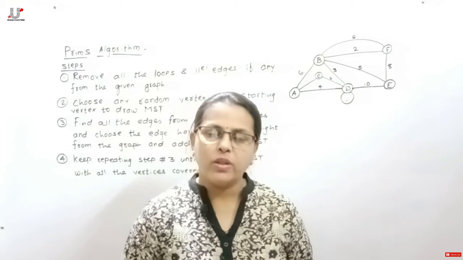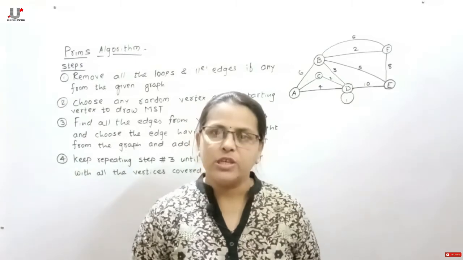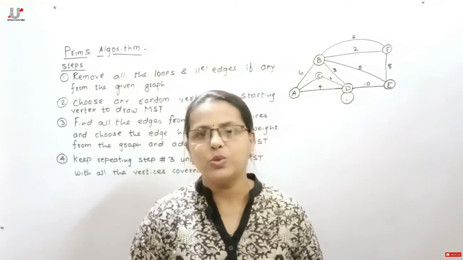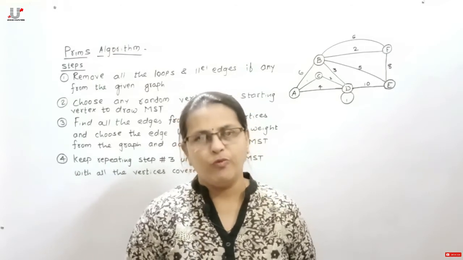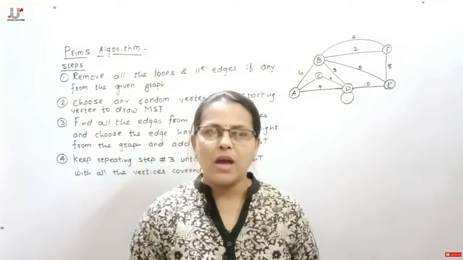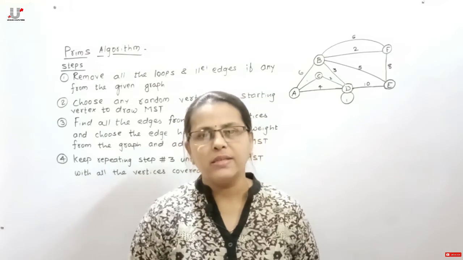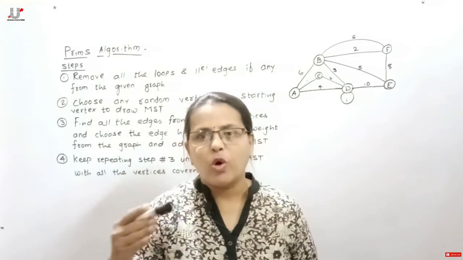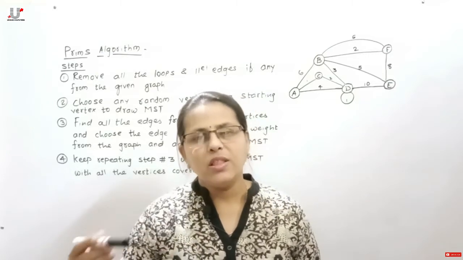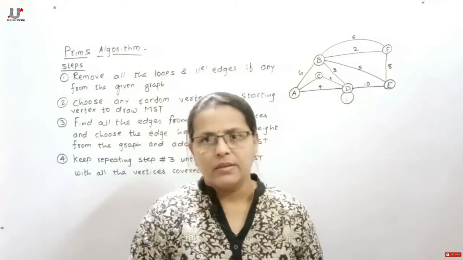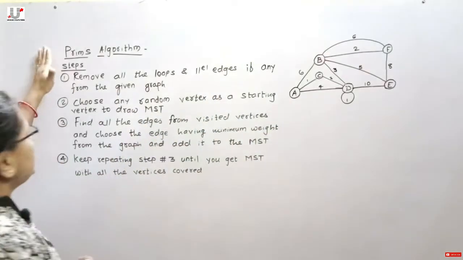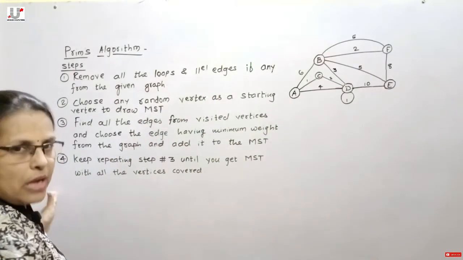In Kruskal's algorithm, we arrange all the edges according to their weights in ascending order, and from that we choose an edge with minimum weight to draw the minimum spanning tree. But in Prim's, we start at any random vertex and keep adding the minimum or lowest weight edge which isn't in the tree until all the vertices have been visited. Now let us traverse this graph using Prim's algorithm, and these are all the steps.